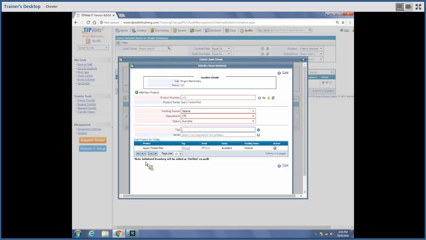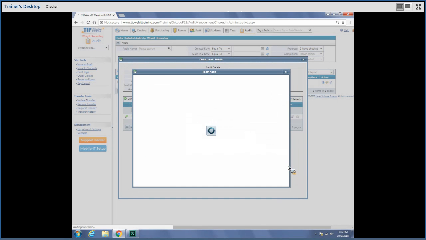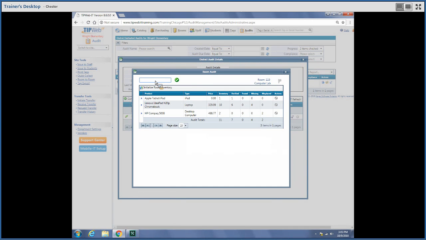When it generates, you will get a note saying initialized inventory will be added as verified on your audit. When you are done, click done. It will take you back to your room audit where you can finish scanning in the assets in the system. When you have completed scanning all the assets in this one room, then you want to exit out of the box,